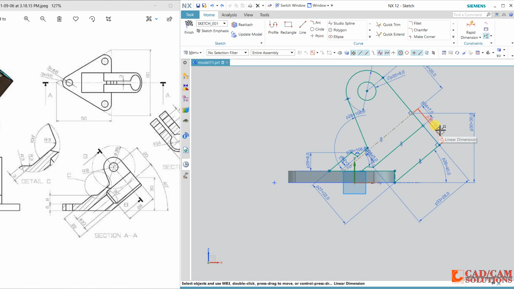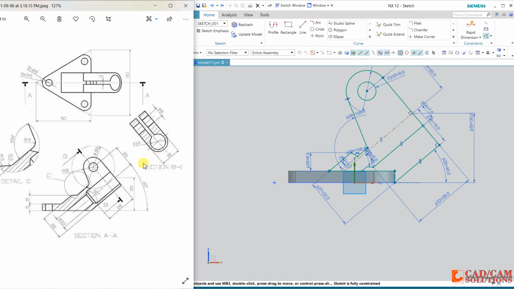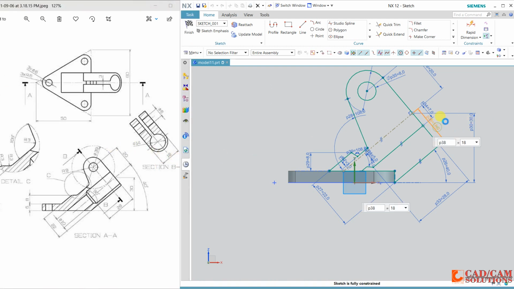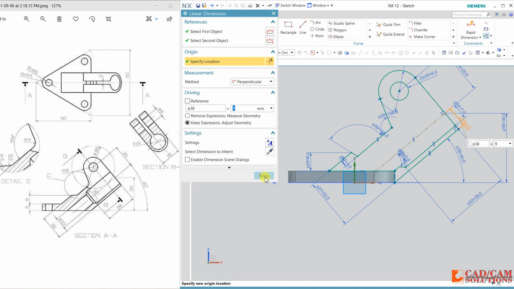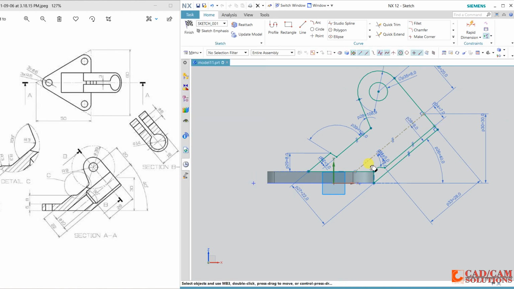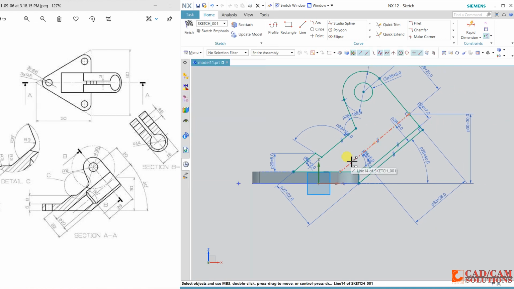This dimension is half of 18, since 18 is the diameter, so we have to change it. Half of 18 is 9. Now all dimensions are properly mentioned. Draw one more line for this, so that we can select the bounding region for revolving this internal portion. Now the sketch is complete. Click finish.